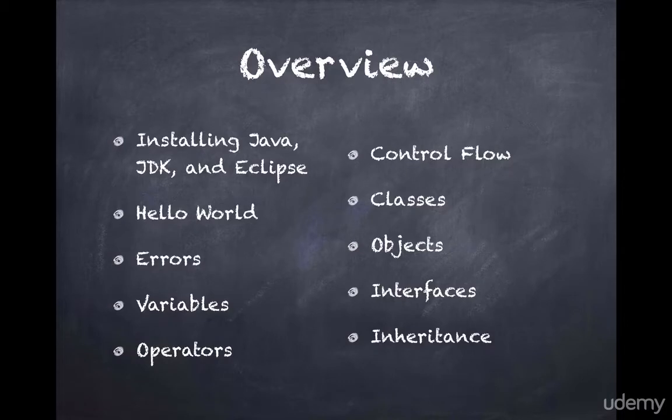We'll talk about operators, which would be assignment operators, any sort of arithmetic operators like addition, subtraction, division. We'll talk about some of what we call unary operators, which only require one operand, and then the Boolean conditional operators. In control flow, we'll talk about how we make decision statements in our code, as well as the different kinds of loops to execute code multiple times,